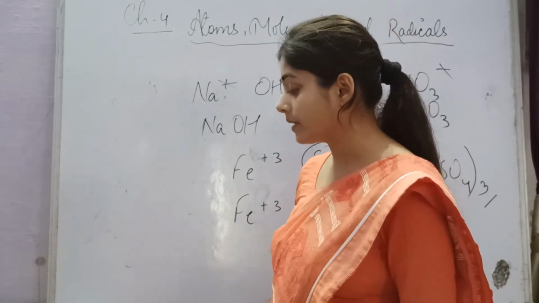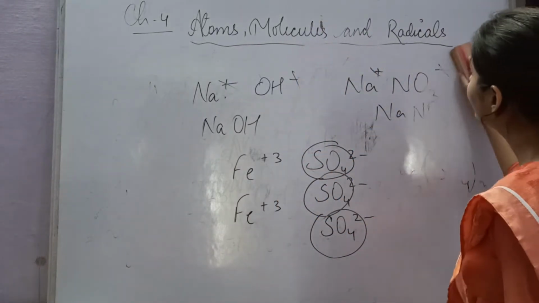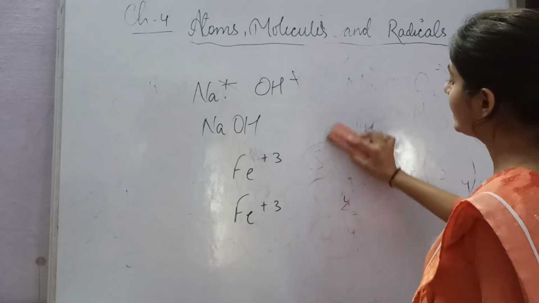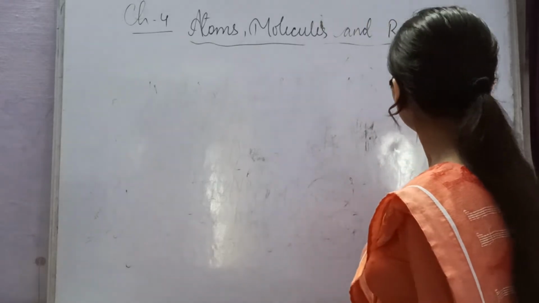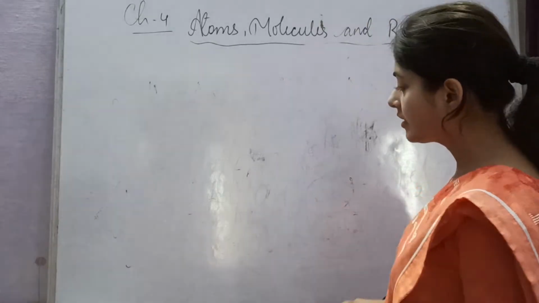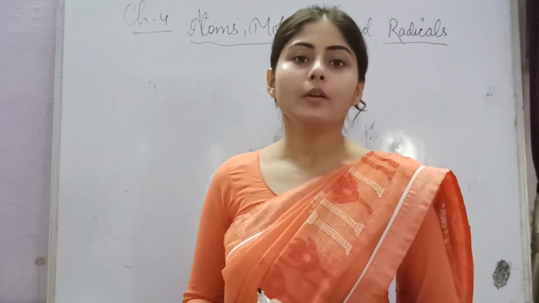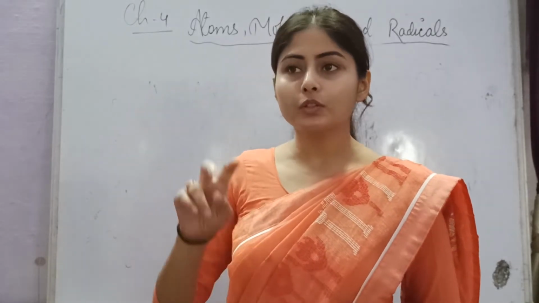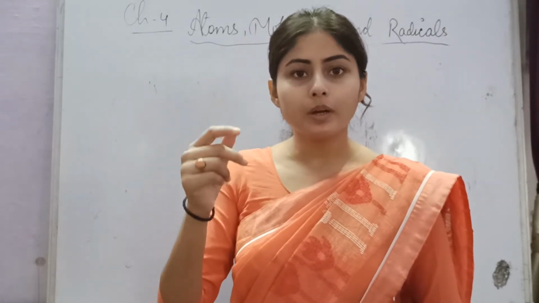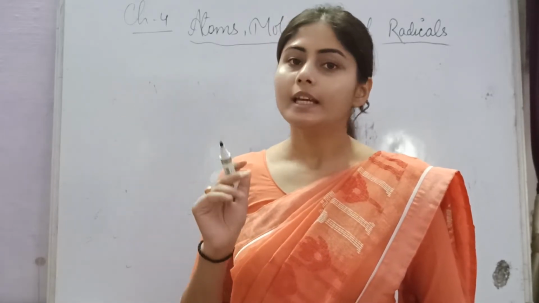Now let's see the second method which I told you, to transpose their valencies. Let's see how we can form a compound by transposing the valencies of the radicals. As we do in the binary compound, the same process we will follow here. In the binary compound, you first write the symbols of the elements, then you write the valencies of the elements, then you transpose the valencies to each other, and you get a binary compound. Like this we are doing, right?